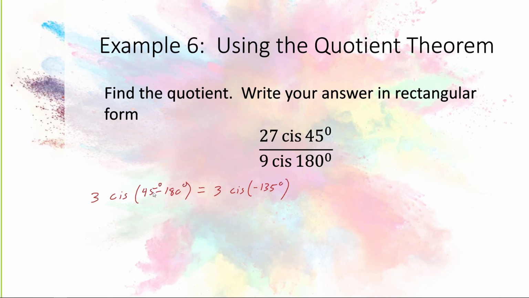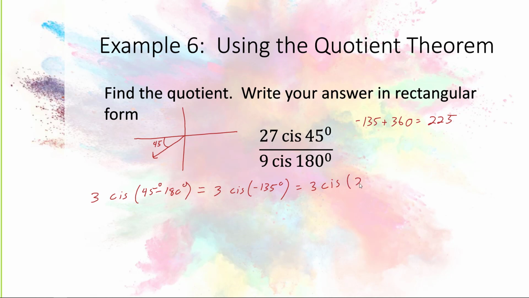Now, we really don't want to work with a negative angle. We actually want to work with an angle between 0 and 360. So it might be good to find the coterminal angle, an angle between 0 and 360 that is coterminal with that. And we can do that by taking negative 135 and adding 360 to it. And if we do, we will get 225. That's an angle that we can work with, and basically 225 is in quadrant 3 right here, and we have a 45-degree angle between 225 and 180. So the reference angle is 45 degrees. So this is equal to 3